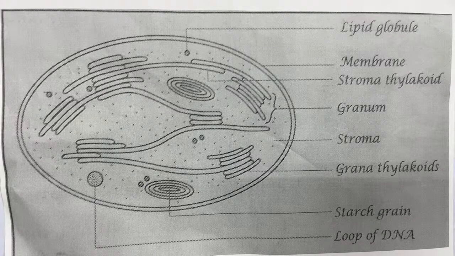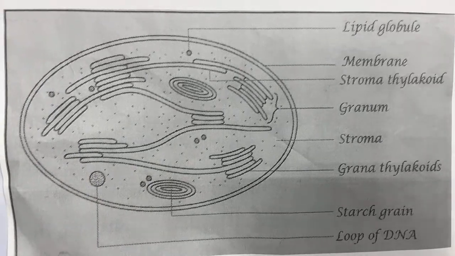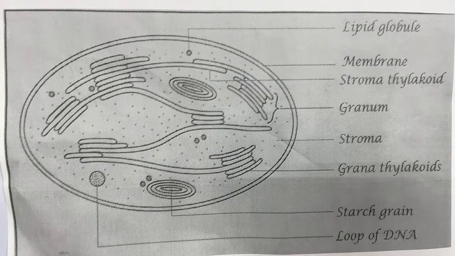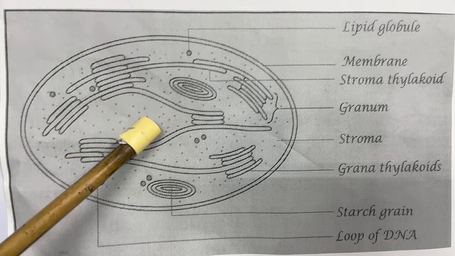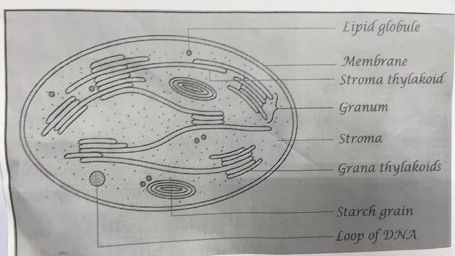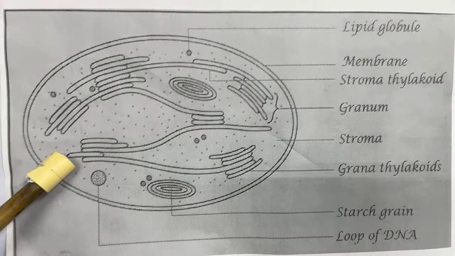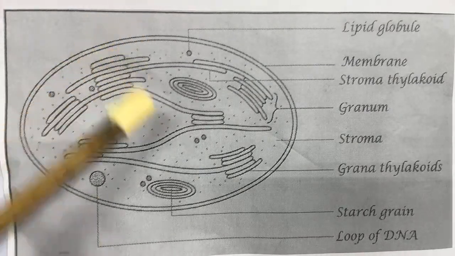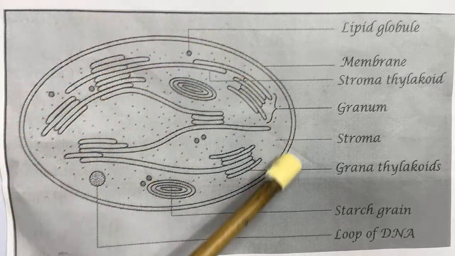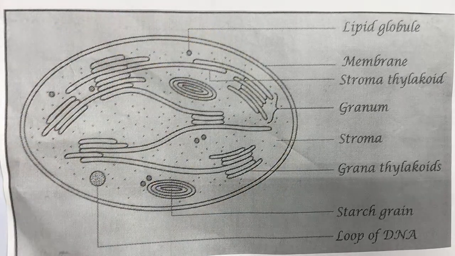From the atmosphere, carbon dioxide comes. These are the raw materials for photosynthesis. What are the three raw materials, and where do we get them? From the sun, sunlight; from the earth through the roots, water; from the atmosphere, carbon dioxide. Water, carbon dioxide, and sunlight fall on this chloroplast and complete